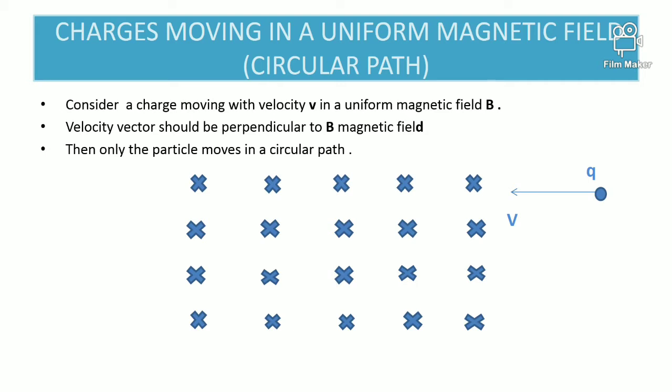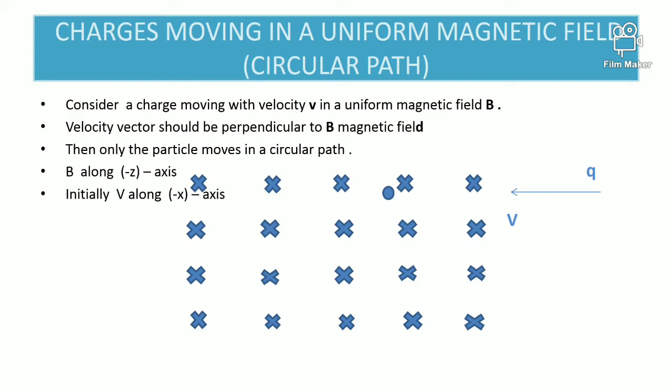But in this slide, I am going to depict the direction of motion of the particle, where the field is acting inwards and the particle is moving in minus i cap direction. So first the particle enters with minus i cap, and the field is inwards, that is minus k cap. Minus i cross minus k will be minus j. So it gets deflected again. The particle experiences a force, so it is forced to move in a circular path.